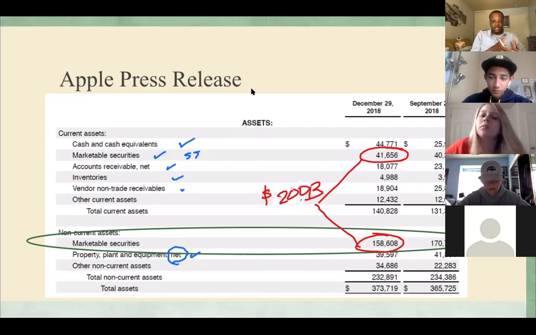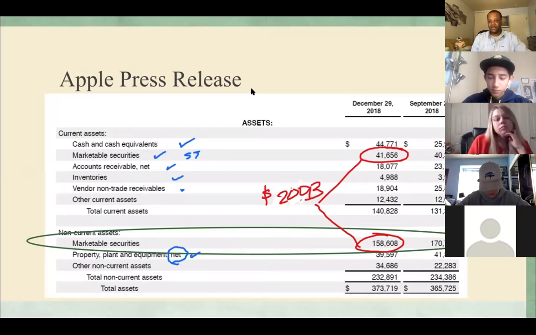So you've got some money that you're spending, right? Day to day, month to month. You've got money that you've got in your savings account in case something comes up, I need to access it quickly. And then you've got money that you go, I'm not going to use that for at least a year or more. Apple's got $158 billion. They go, I don't think we're going to use that for like a year or more. I just think that's fascinating. Apparently you don't, so let's move on to the next one.